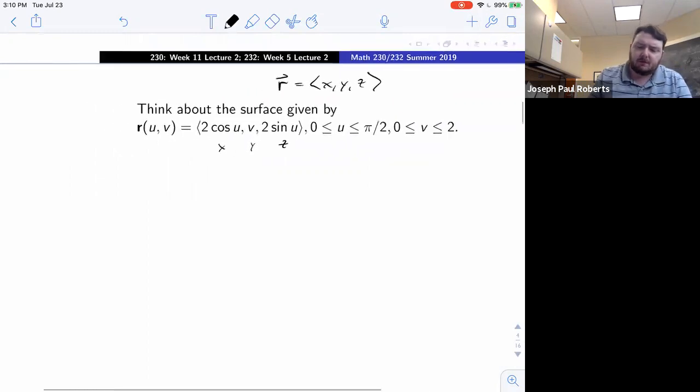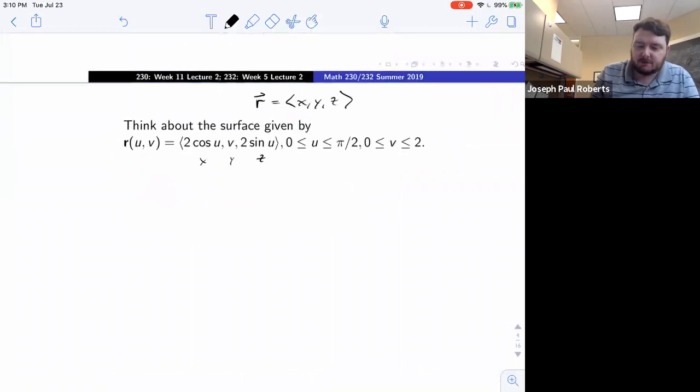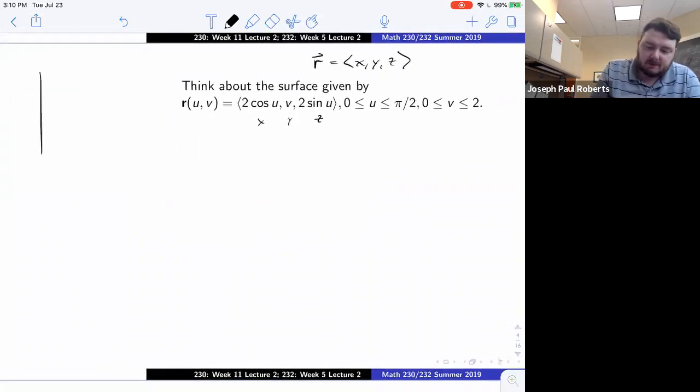So anyway, this is our example. And on some level, what you could do, and this is what happens if you were to use GeoGebra to visualize one of these parametric surfaces, or just your computer, if you're going to program it yourself, it's just going to take a bunch of u and v values that are in this domain that we specify and plug it into r of uv to get different position vectors. So, you can always do something like that. Just make a little table. Obviously, we're not going to be able to do as many as a computer could do pretty quickly, but